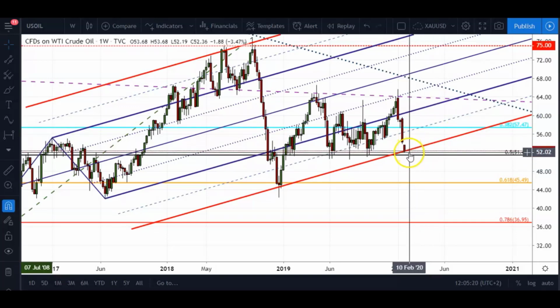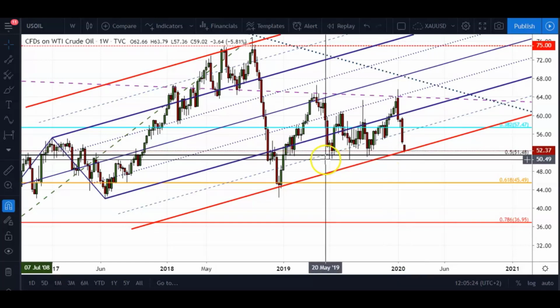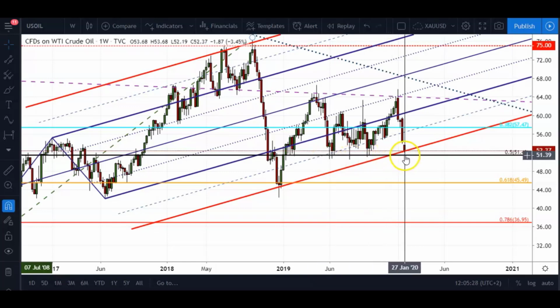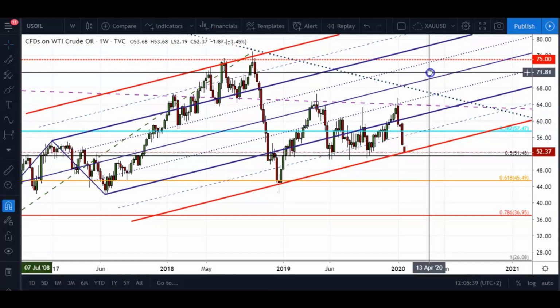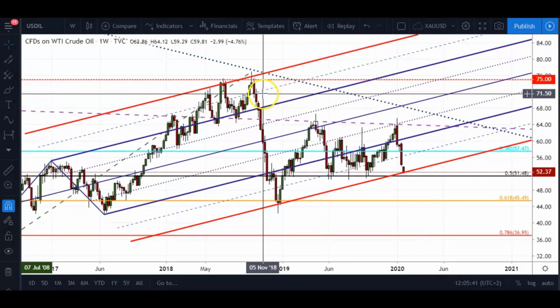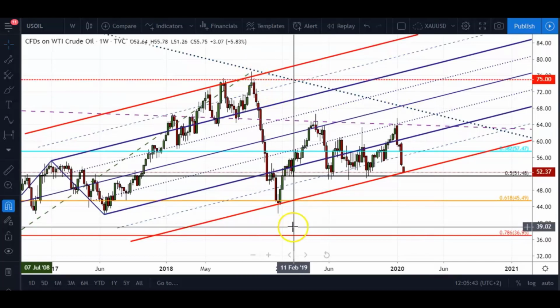But if we do start seeing a break lower than this, what is it, about the 50 level, with some decent momentum behind it, then I would say the chances are really good that we can go and back test these 24th December 2018 lows. One reason why I'm saying this is that generally when you are dealing, if this whole